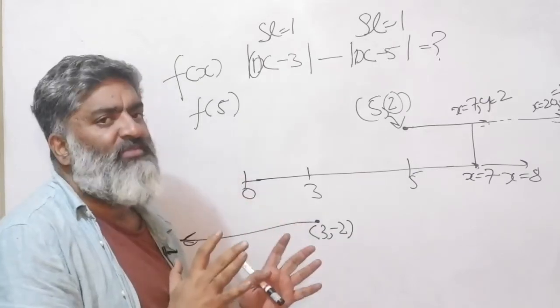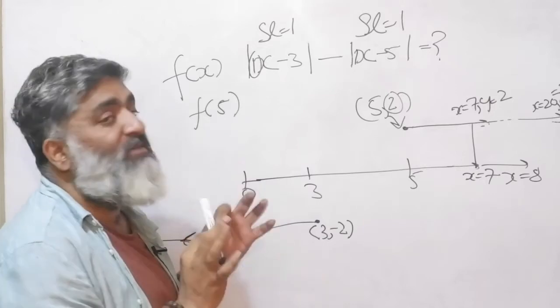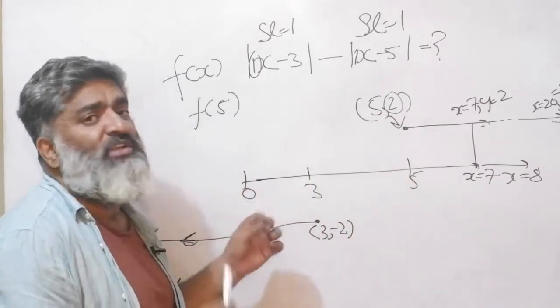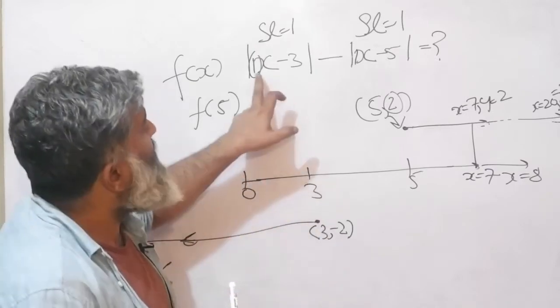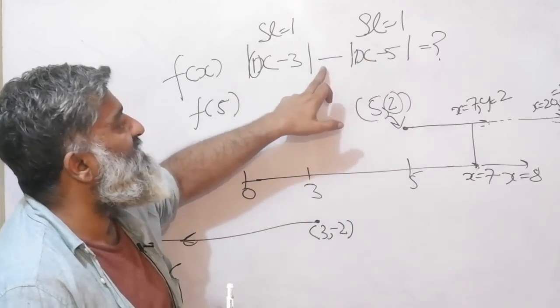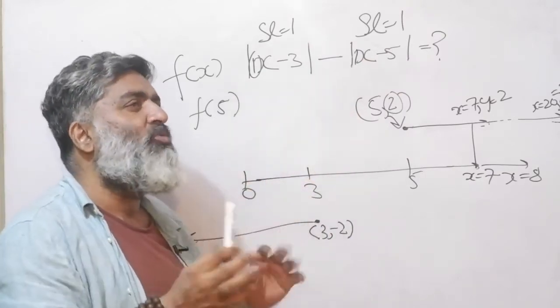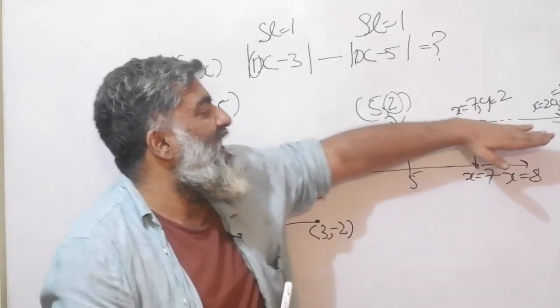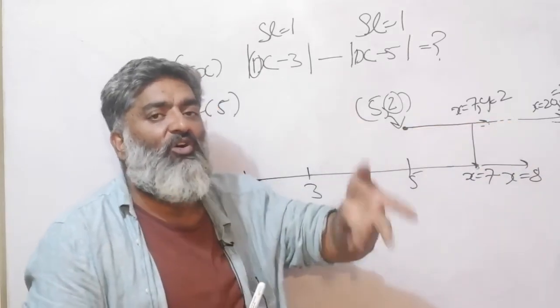I'm sure as of now it is not making sense, but I will still not go into why this is happening. I'm just saying look at what I'm doing. First of all, I'm plotting the extreme points, what is the value of the function, and knowing this function, slope was 1, slope was 1, there is a subtraction, slope 1 minus slope 1, this is a general abstraction. The overall slope is 0, that means the line is going to be flat. Why and how we'll look in a second.